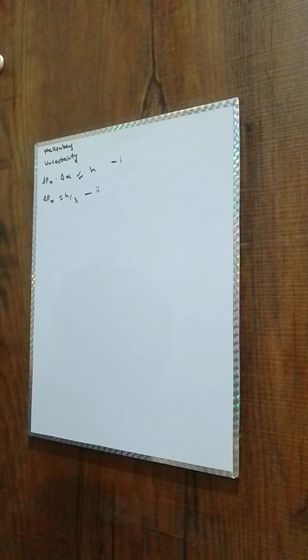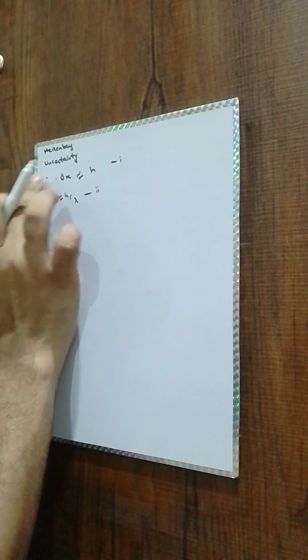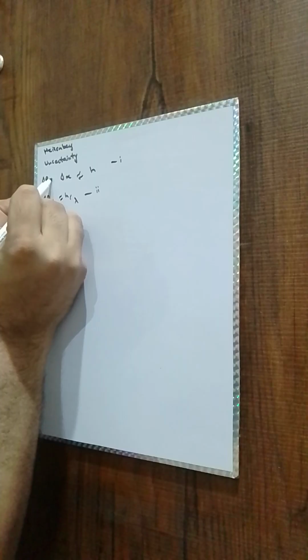So differential momentum on the x-axis is equal to h by lambda. And now we have two forms. So if we multiply the two equations on respective sides,